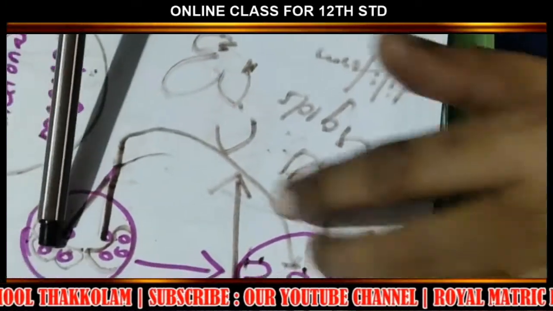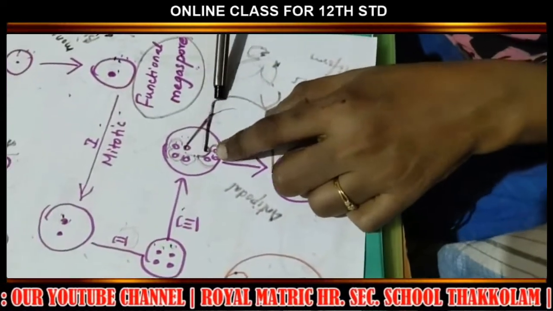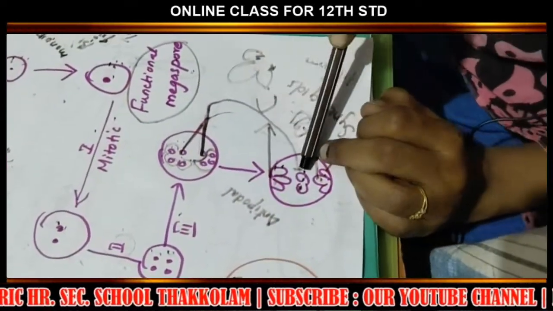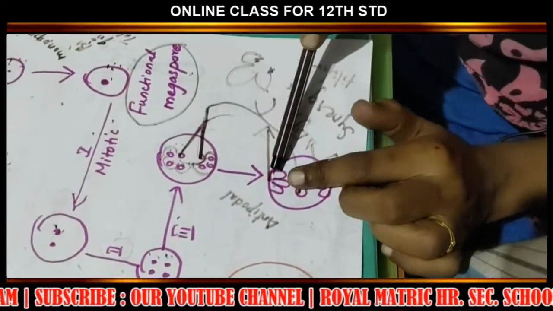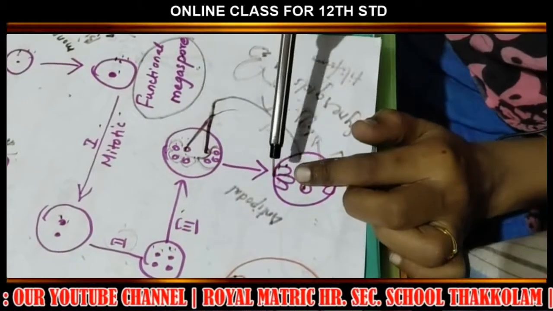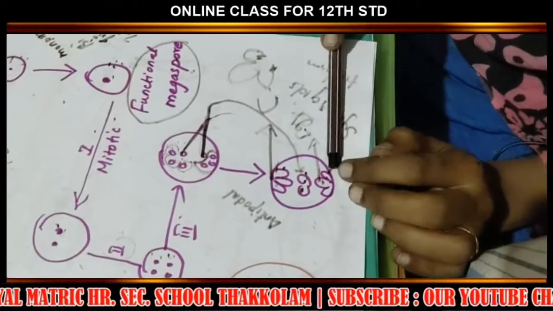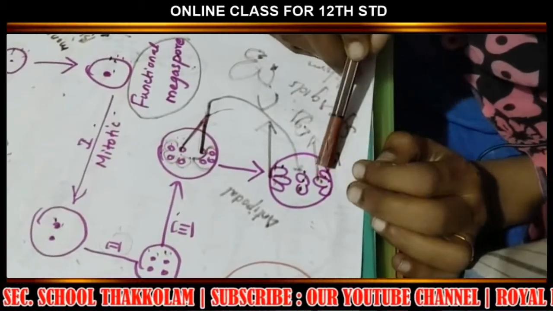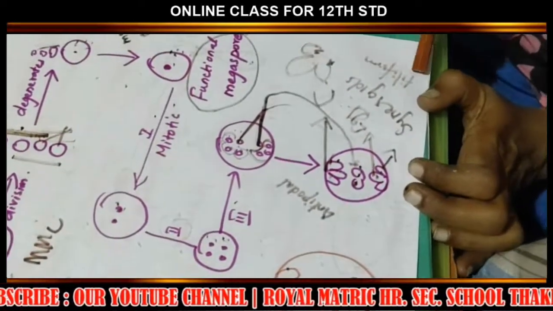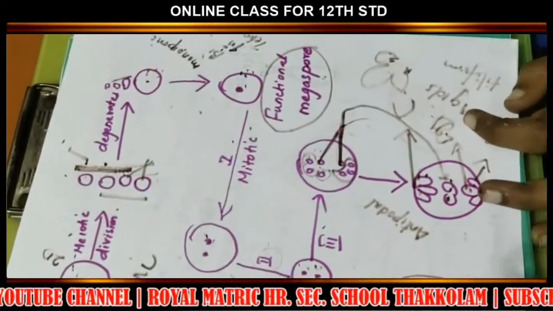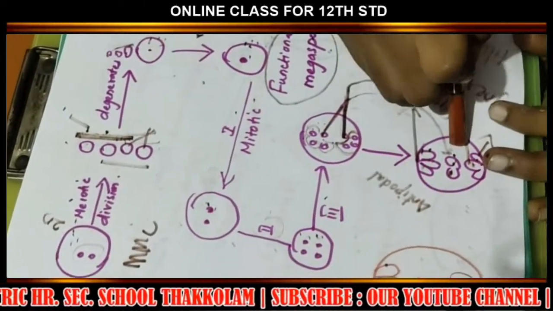So listen, of the 8, 1 from each pole comes towards the center and forms the bipolar nuclei, and the remaining 3 go to the upper end of the upper pole and form the antipodal cells in the Chalasa end, and this is the micropyle end. In this micropyle end, 1 is the egg and 2 are the synergids. Synergids have a filiform appearance, and that filiform appearance attracts the pollen tube towards the ovary.